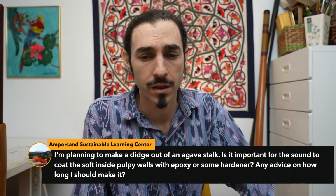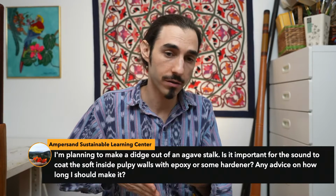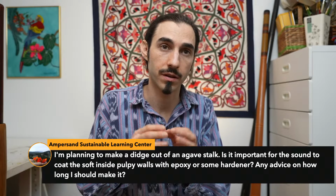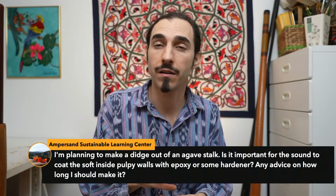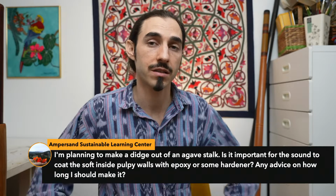Some makers do split and hollow on agave and yucca, where you split the whole thing in half, hollow it out, and then glue it back together. They sometimes use little dowels to glue it back together. That's a very common hardwood technique. On agave and yucca, I haven't actually done it myself, but what I would suggest is to contact